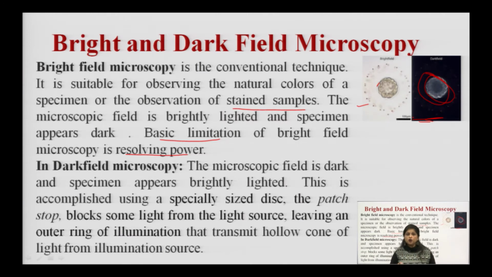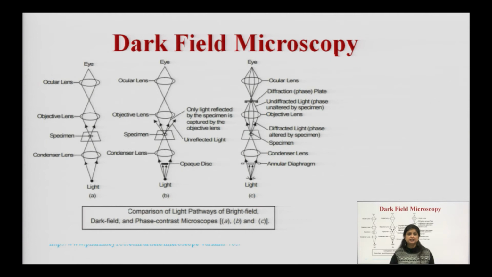Light will be focused and condensed in such a way that it just reaches the specimen. It will not pass through the glass slide. Your whole background will be dark, the light will just pass through the image, and your image will look brighter in nature. That's why a stopping block was attached in the path of light. So how can you differentiate? You can easily see this slide. You can see that this one is bright field. This is the image of a bright field.